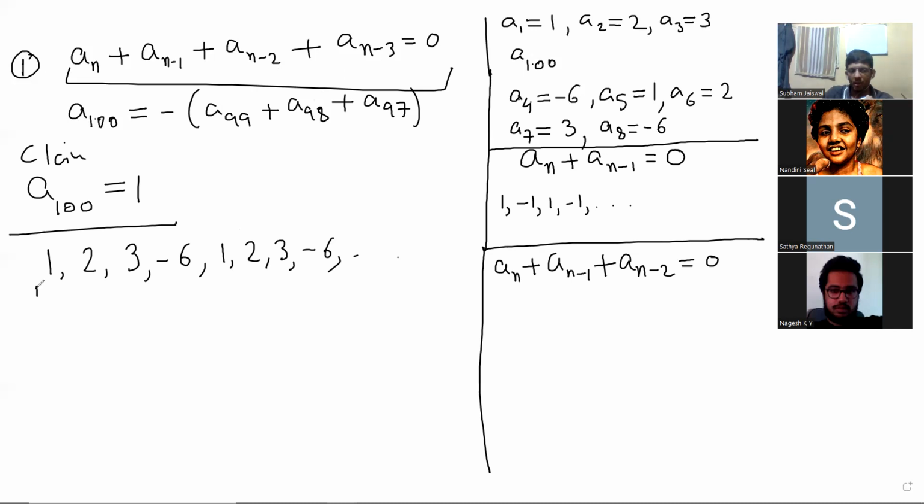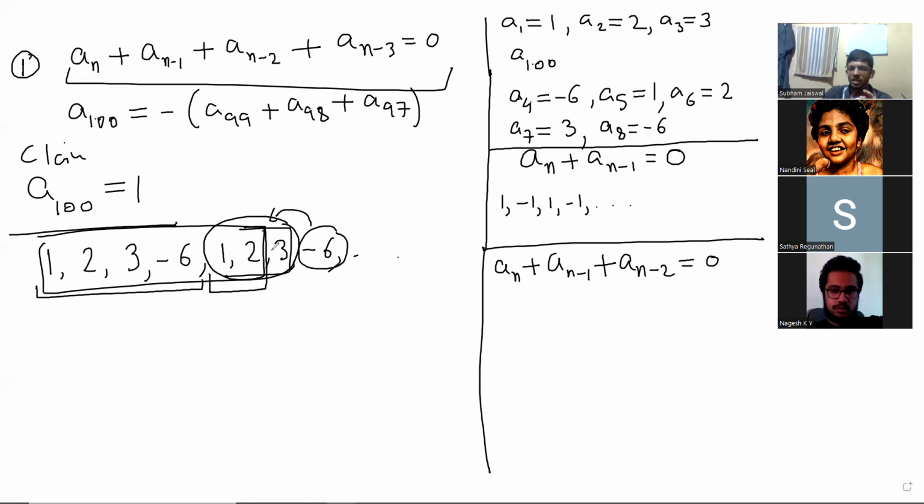We have these first 4 terms you can calculate. If you do till here, then we cannot be sure that you will get 3 next. Till here, you cannot know that you will get the 3 next. But once you get this 3, then this 6 depends on the previous 3 terms. So this one has to come out to be 6. Whenever you have a 1, 2, 3, then the next term has to be 6 because of the